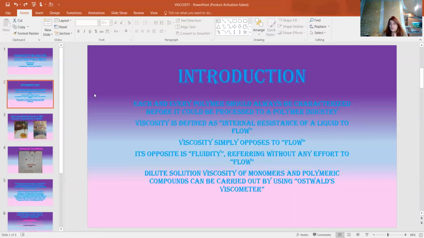Whichever solution's viscosity you are supposed to find out, you will fill that. But before that, you need to go through different steps. It's made of glass, so you need to wash it properly. First rinse and wash it with distilled water, then wash it with chromic acid. I will tell you what chromic acid is. Then you wash it with ethanol, and then you dry it,